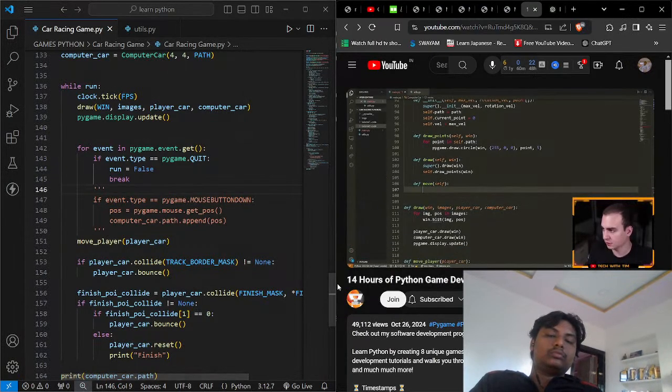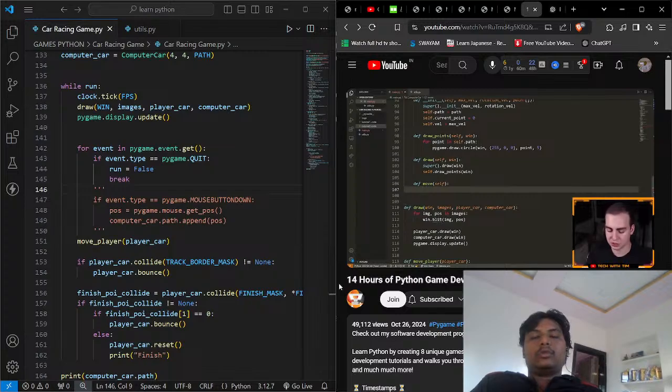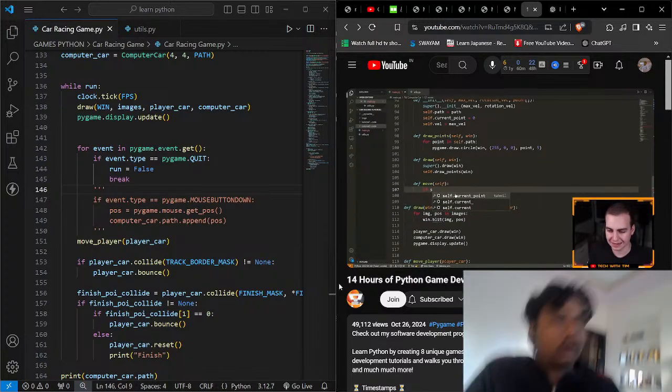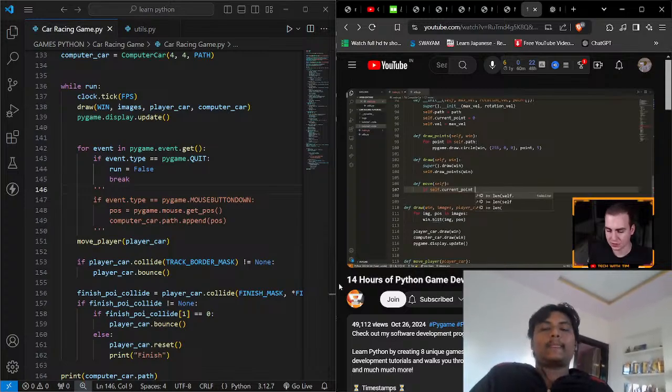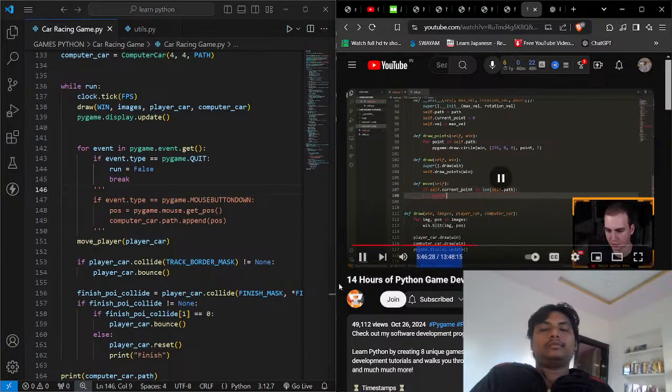that's fine. So I need to look at my other code here because it's very easy to mess this up. So inside of move, what I'm going to do is just make sure that we have a point to move to. I'm going to say if the self.current point is greater than or equal to the len of self.path, then I'm going to return. This is just going to ensure